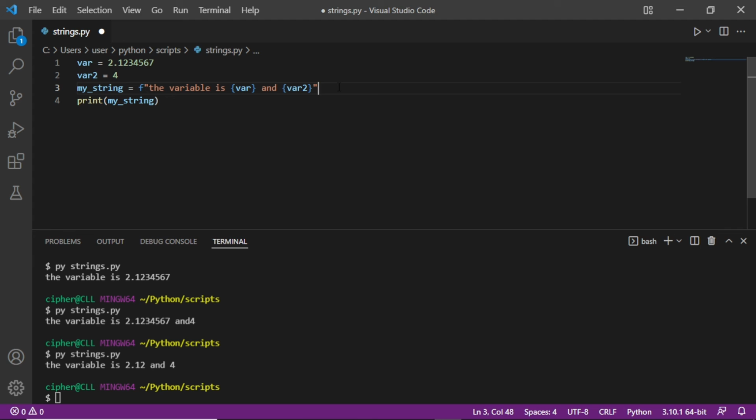Okay, so if we decide to print this, let's save. If we print this, you see we have the same answer, but this is the simple one because we are just using the f string here to format our string. So guys, you can see this is very simple compared to the other methods, and we really recommend everyone to use this kind of